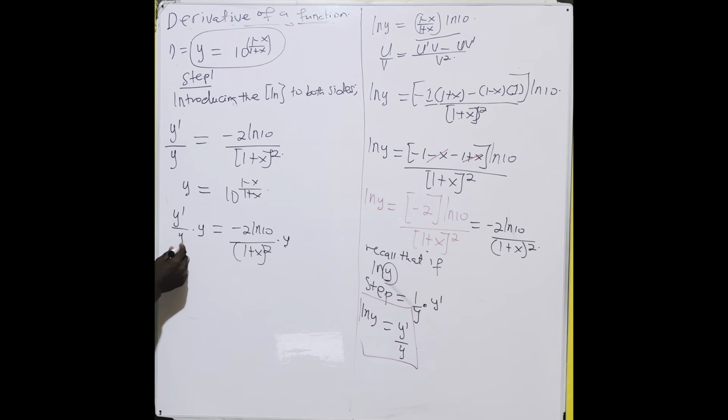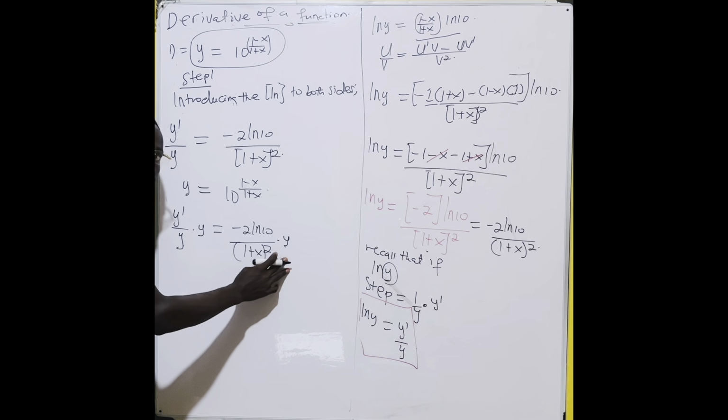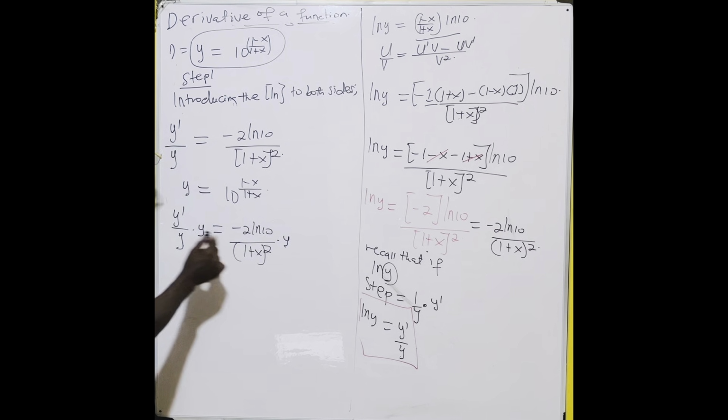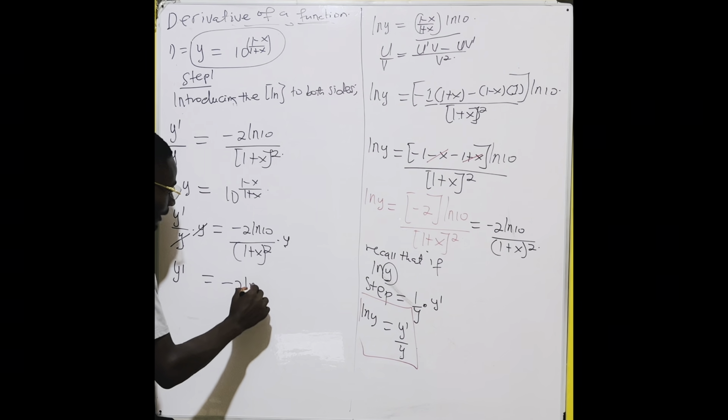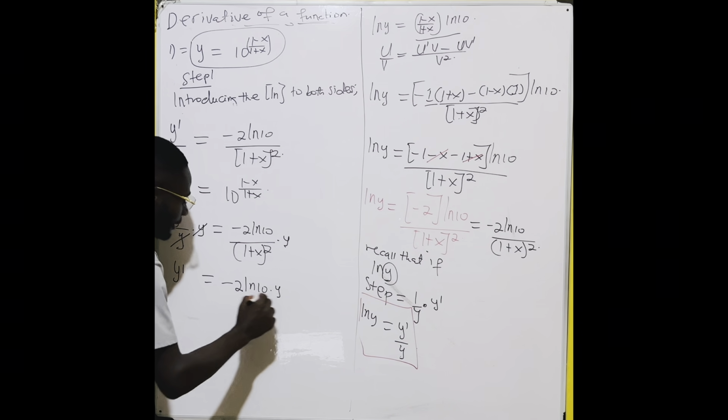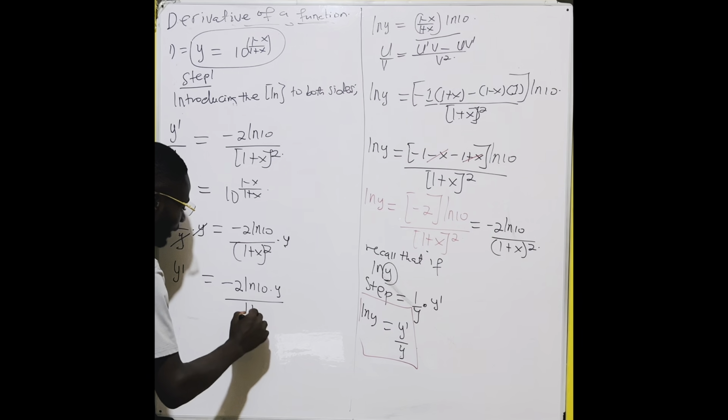Because we multiply here by y, we have to also multiply here by y. So this cancels this. Then we're going to have y prime equal to -2 ln 10 times y divided by (1 plus x)